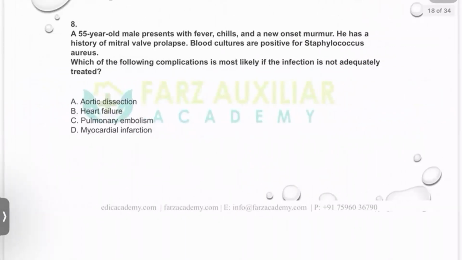All right. A 55-year-old male presents with fever, chills, and new onset murmur. He has a history of mitral valve prolapse. Blood cultures are positive for Staph aureus. Which of the following complications is most likely if the patient is not treated adequately? Heart failure. Secondary to